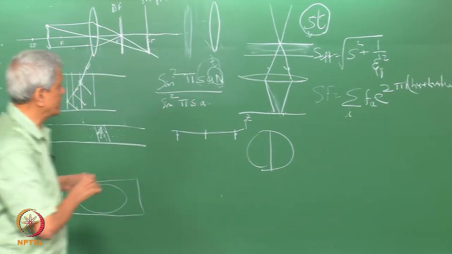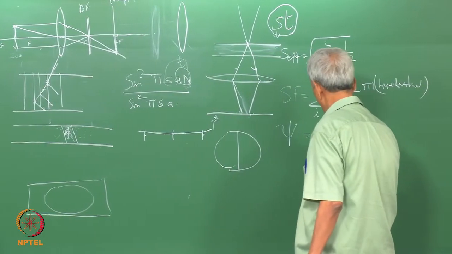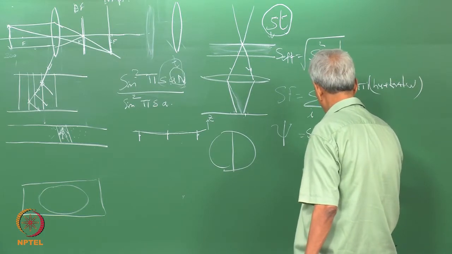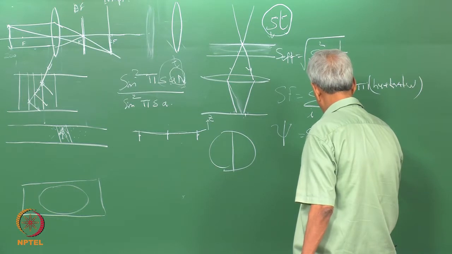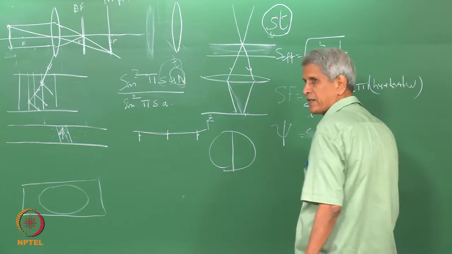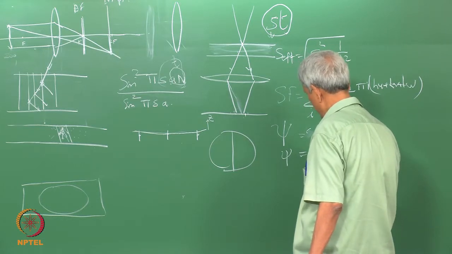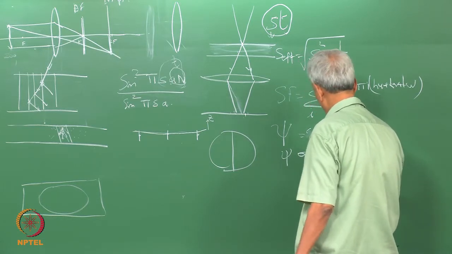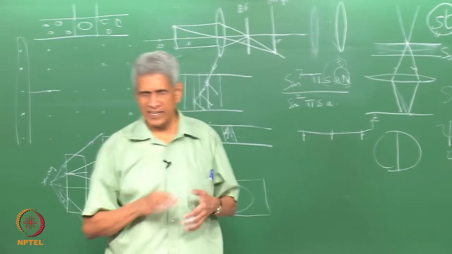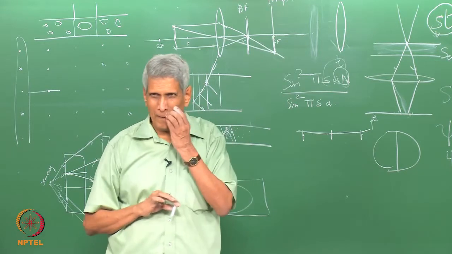Okay. In fact, I can write it in a very simple form, that psi equals structure factor, I put it as Fa, into shape factor, right. This structure factor I can write as equivalent to 1 by psi g, some other constant terms will come, proportional to the structure factor. This way also I can write it. That is what essentially will happen. This you will see later. Okay. You understand what this psi g is?